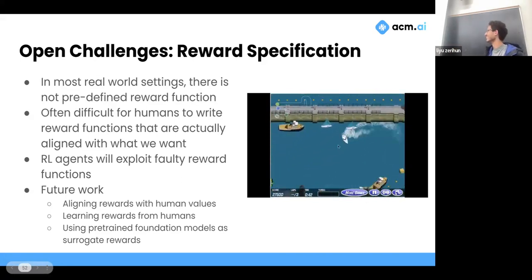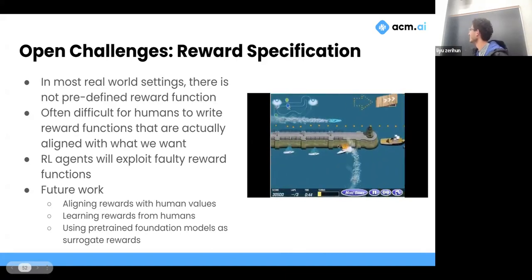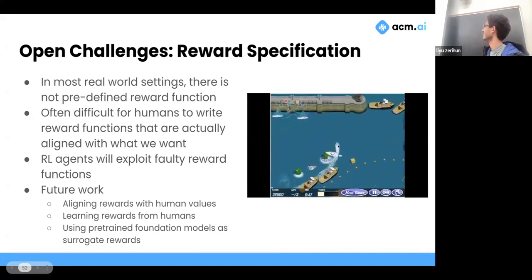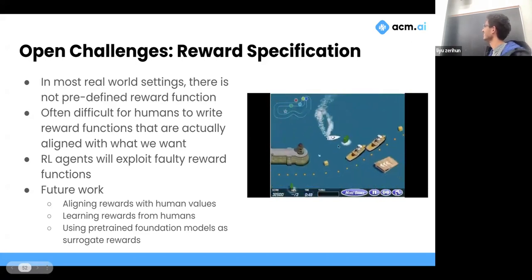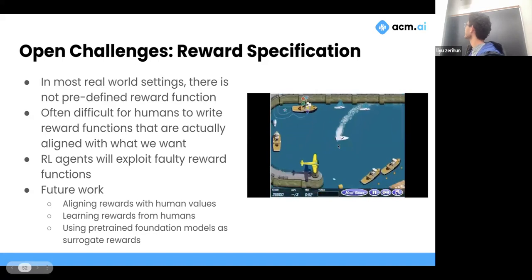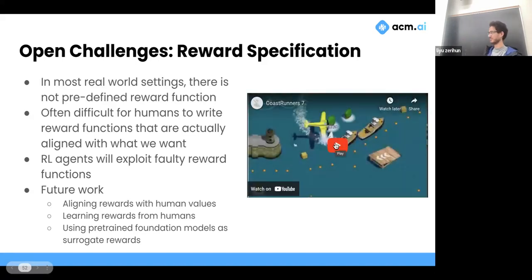Another thing is I think the game gives the boat coins along the way, and there's a bunch of coins there, and the boat's circling it to get a bunch of coins, and it gets a bunch of rewards from that. But it's failing because the reward is not well designed to prioritize, hey, you've got to get to the end, and you've got to progress in the course. The boat's just spinning. So that's a really big problem, right? And you can imagine how this is a pretty innocent example, but if you have a real world system and you don't specify the reward well enough, that could lead to some really catastrophic problems because we think the model's doing one thing, but it's actually optimizing for something completely wrong that we don't actually want it to optimize for, but that we've told it because we didn't make our reward function good enough.